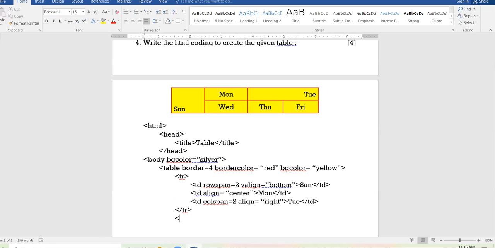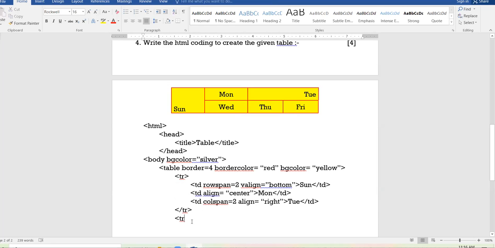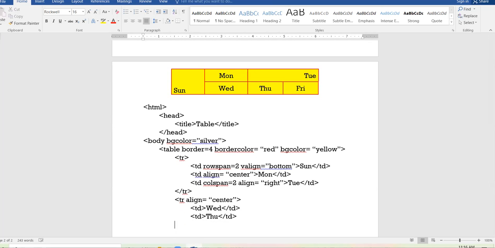Now the second row. The second row has 3 cells. All the cells are in center alignment, so you can apply align center inside the TR. TD, Wednesday, TD, Thursday, TD, Friday, and close the TR.